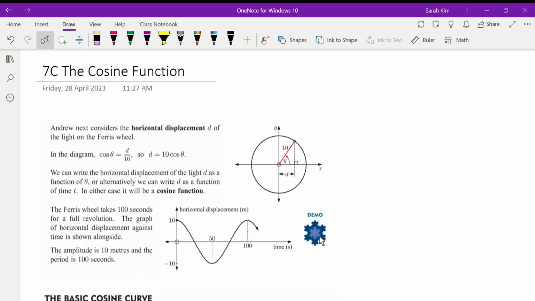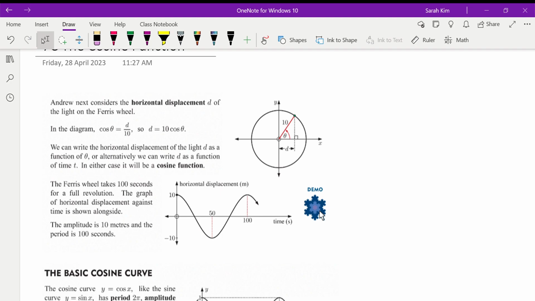Right, a cosine function is quite similar to the sine function, but it has its differences as well. So let's have a look. Andrew next considers the horizontal displacement d of the light on the Ferris wheel. In the diagram, cos theta equals d over 10, so d equals 10 cos theta. We can write the horizontal displacement of the light, d, as a function of theta,